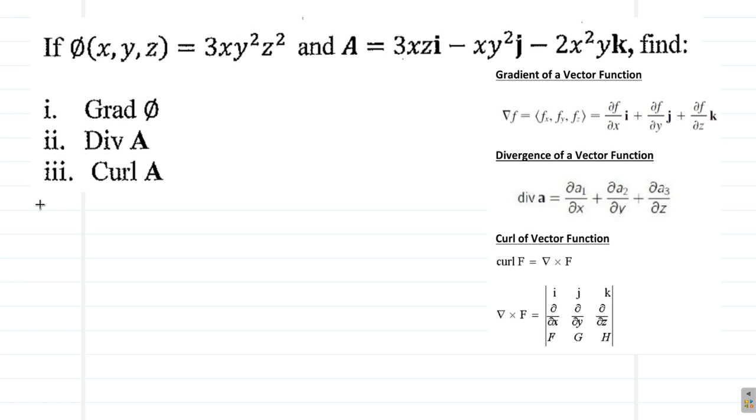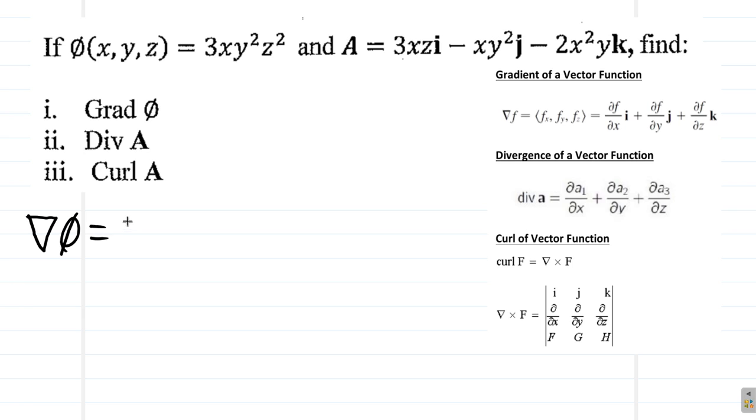Now the gradient will have a direction, alright? So that's why you get the vector there. So grad is the upside down triangle, nabla, nabla of phi